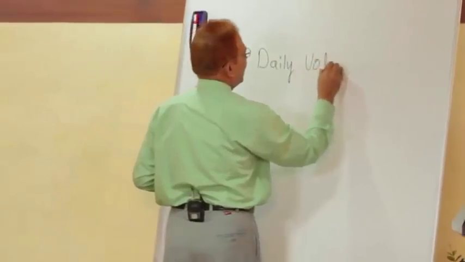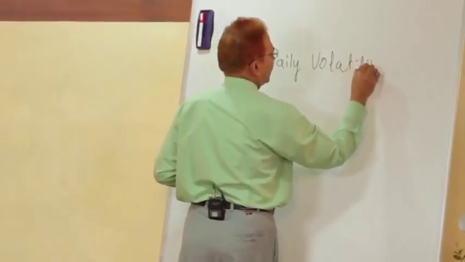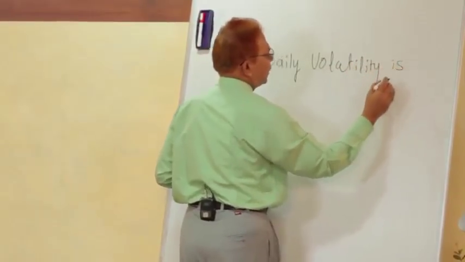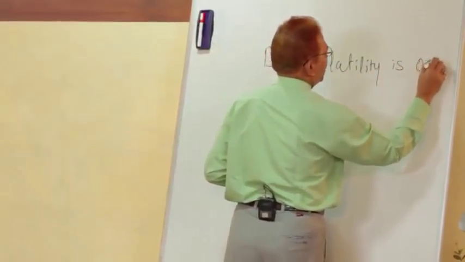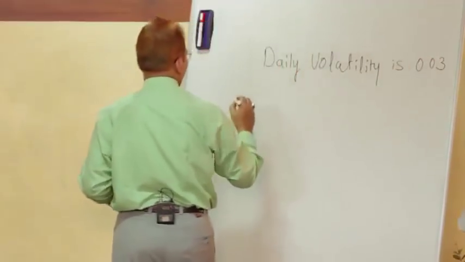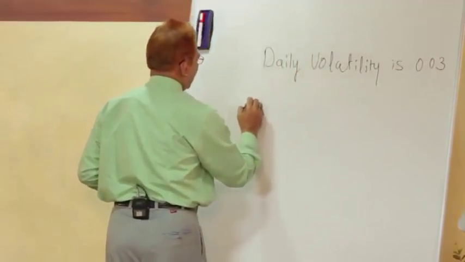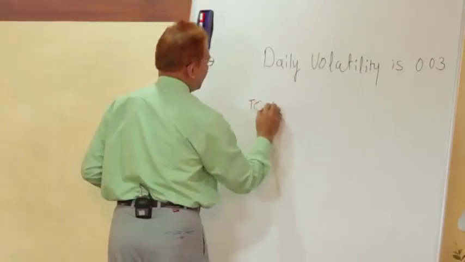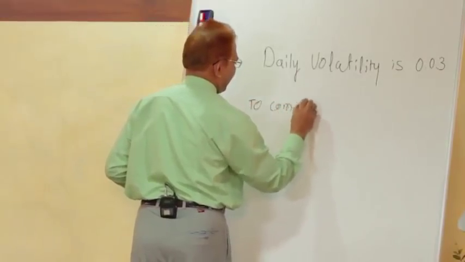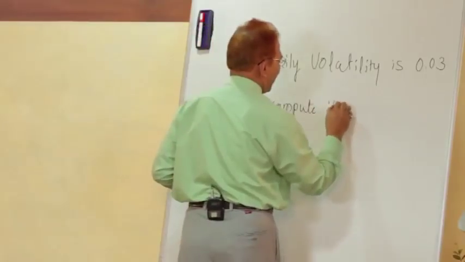Suppose daily volatility is 0.03, to compute volatility for 10 days,